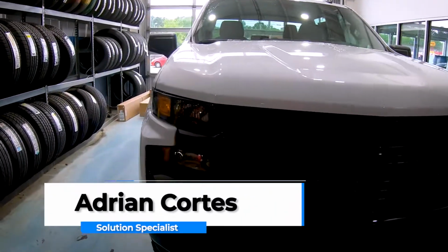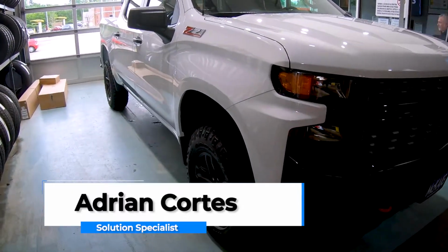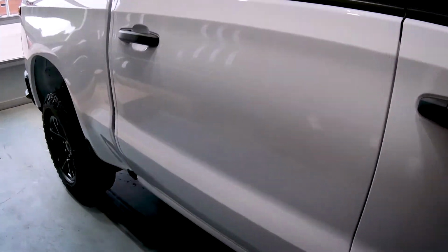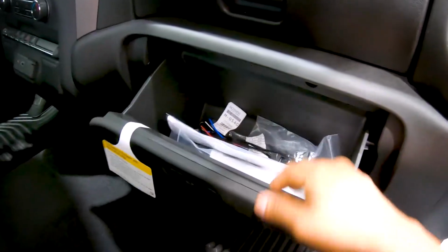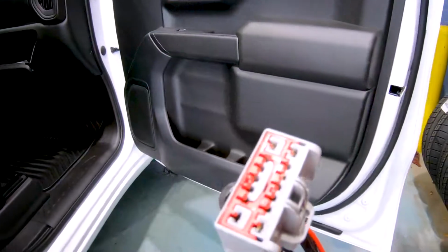Adrian here with Mckaig Chevrolet Buick in Gladewater, Texas, and I'm just gonna do a little quick tutorial on something that everybody asks me. When you buy a brand new truck, you always go here and you find these extra wires just hanging in your glove compartment. You're like, what the heck is this, right? Now, what this is, and this is what I've been told, is